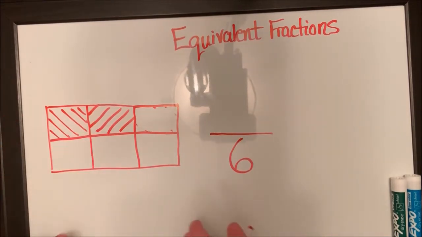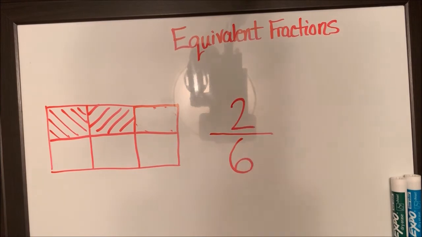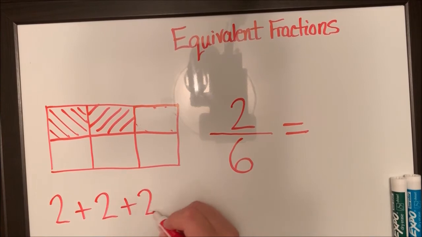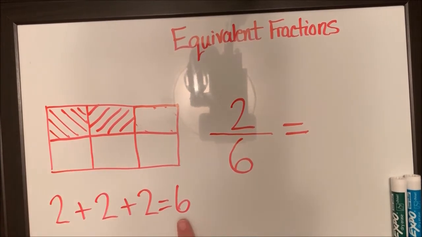if I asked you what fraction of this pizza did I eat, I ate 2 slices. So I ate 2/6 of the pizza. 2/6. Or another way of saying that is, if I have 6 pieces all together, and if I ate 2, I would have to sit down 3 times to eat that whole pizza. I would eat 2 today, 2 tomorrow, and 2 the next day. So if I ate 2 each day,